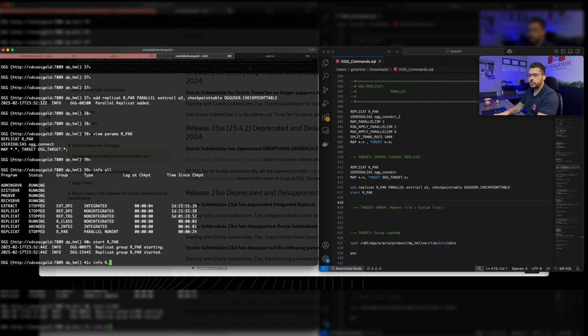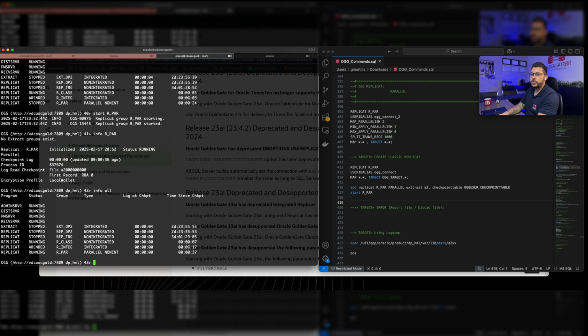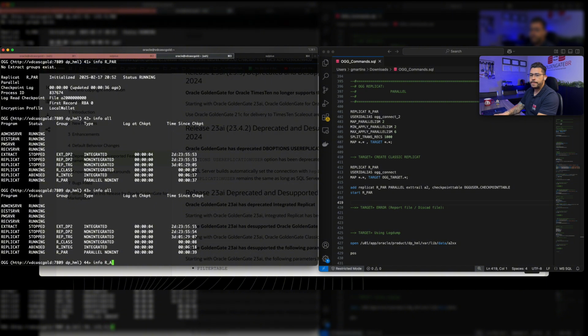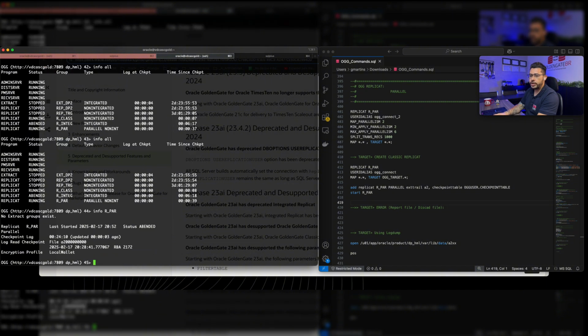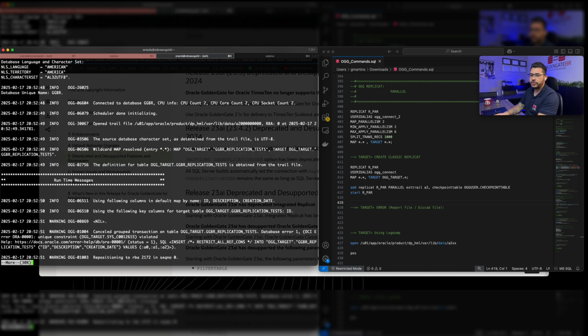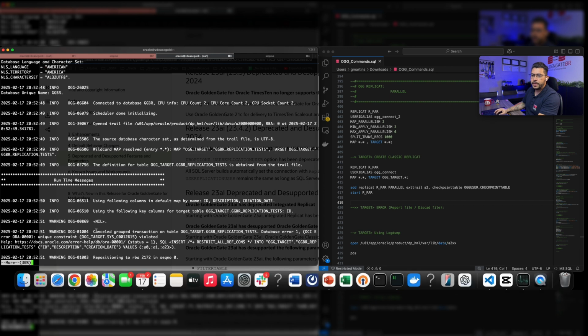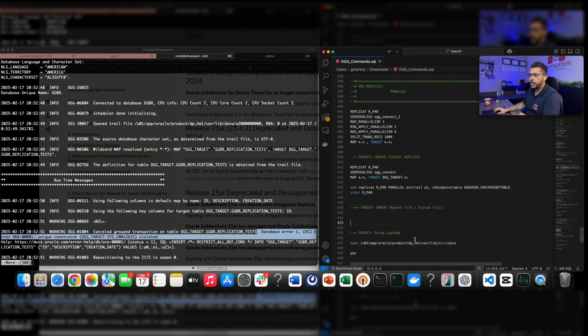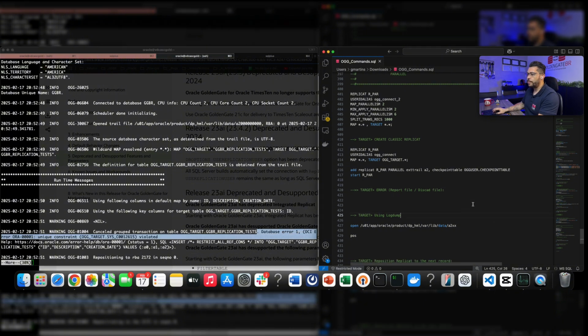So if I start it, let's check what's gonna happen. It's running, right? And now it got abandoned. Let's see why it's abandoned. View report and check it out. It's gonna say that there was a cancel group transaction because of the database error 1. Okay, this we already know. And